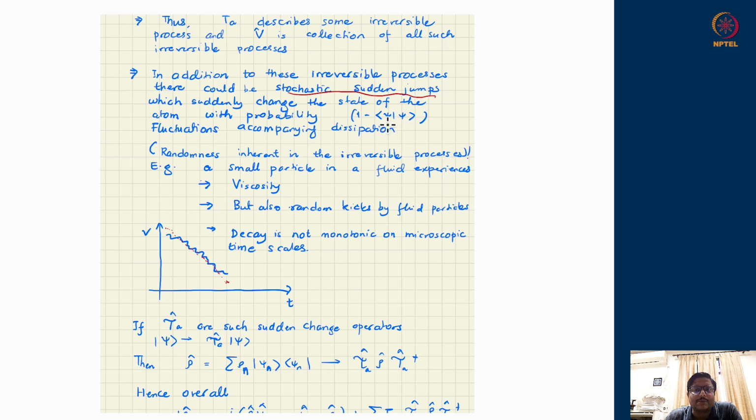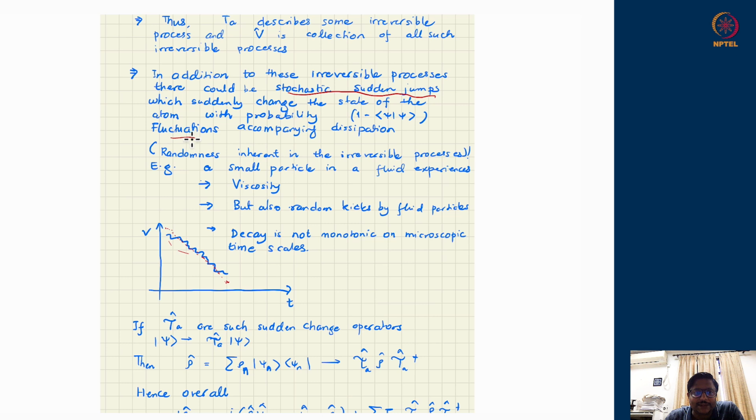⟨ψ|ψ⟩, remember, is the probability of the state remaining ψ in some sense. If it is 1, then there is no dissipation. If it is 1, then no stochastic jump is going on. If it is decaying in time, 1 minus ⟨ψ|ψ⟩ will tell you how much it has decayed. But if this 1 minus ⟨ψ|ψ⟩ also keeps jumping in time up and down, some higher probability, some lower probability, some higher, some lower, fluctuating about its central value, that means it is not smoothly going down. For example, in a curve like this, probability is not simply going down like this, but it is going down with a zigzag kind of motion around its central value.